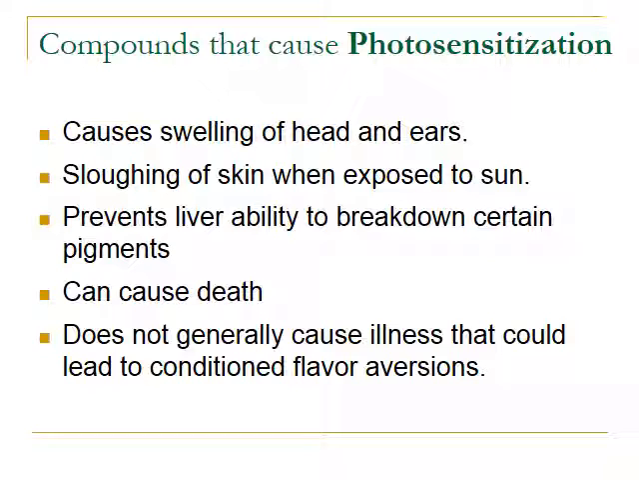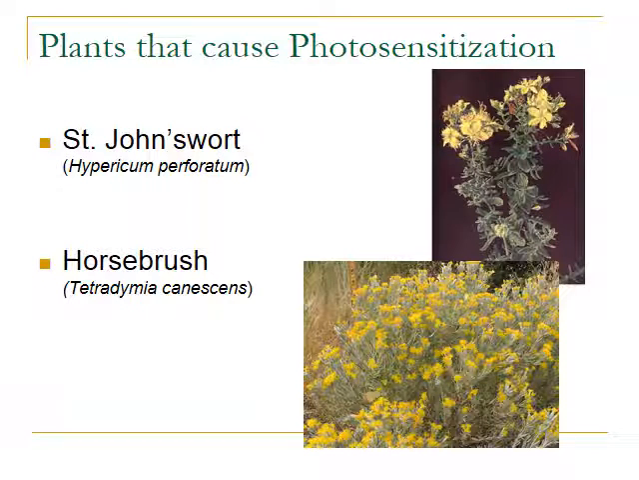It's hard for an animal to eat a food and then a few days later get a sunburn, essentially, and the swelling of the skin, and try to make the connection between a food eaten and this swelling of the skin. So it doesn't lead to conditioned food aversions, and it's difficult for animals to avoid. Plants that cause photosensitization include St. John's wort and horsebrush. Thinking about horsebrush has an important role, because horsebrush is one of those plants that we